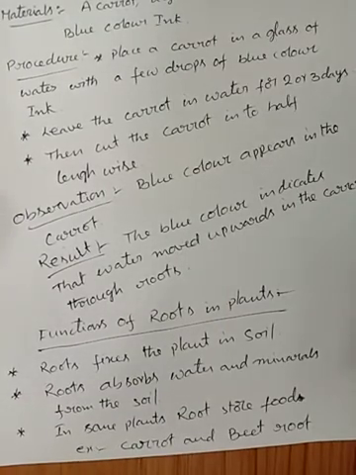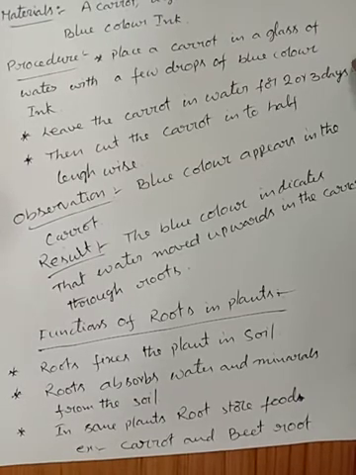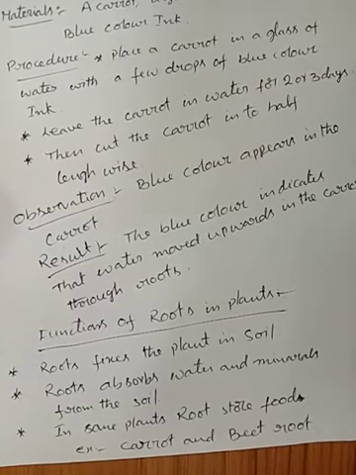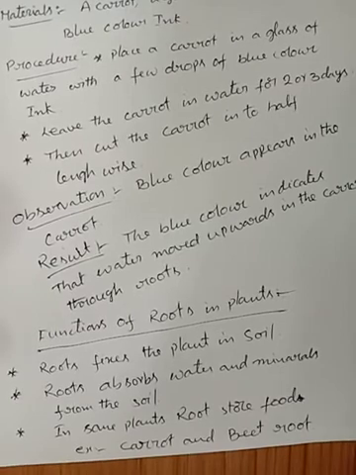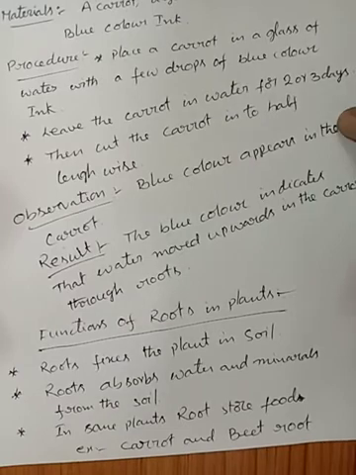Do you know, children, in some plants, food material is stored in either roots or stems. Children, in some plants, food materials are stored in different parts of the plants like roots and stems. Some plants like radish, carrot, and beetroot store food materials in their roots. So these roots bulge out and these roots are known as tuberous roots. Tuberous roots are modified roots.